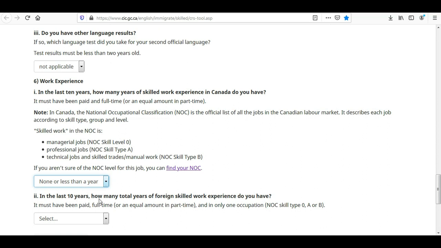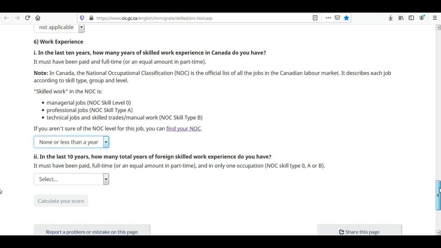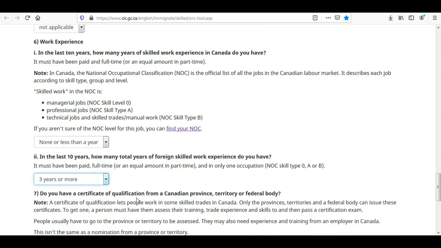In the last 10 years, how many total years of experience do you have? This is basically foreign skilled work experience, meaning you have to select the work experience of your home country. So suppose you are applying from India, then this work experience is considered foreign skilled work experience. So let's say I have the experience of 3 years or more.